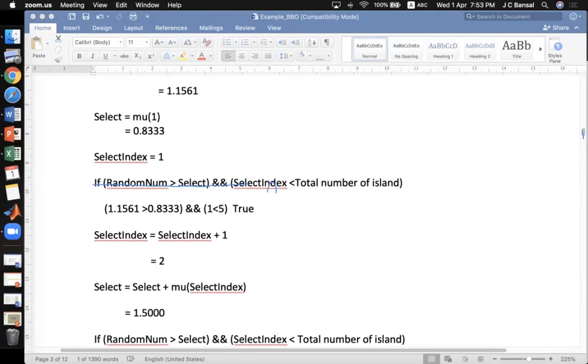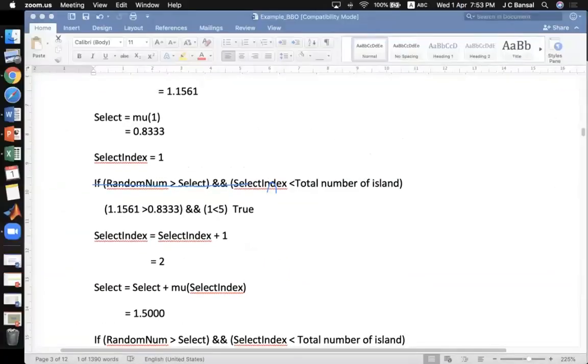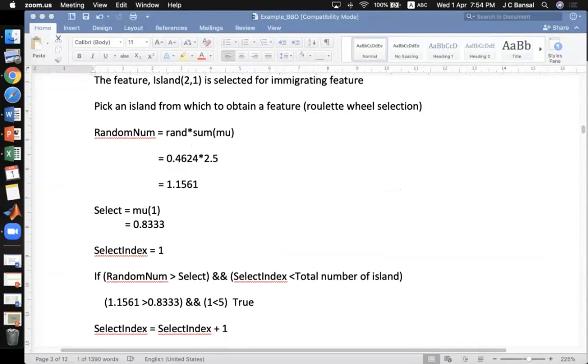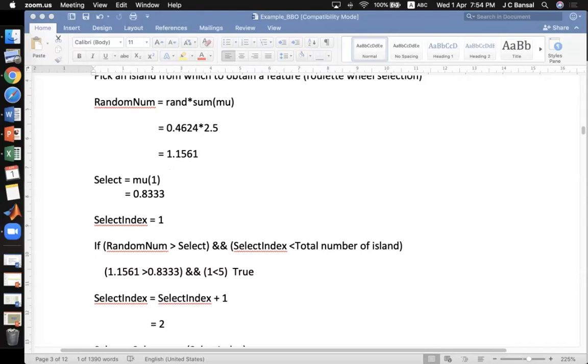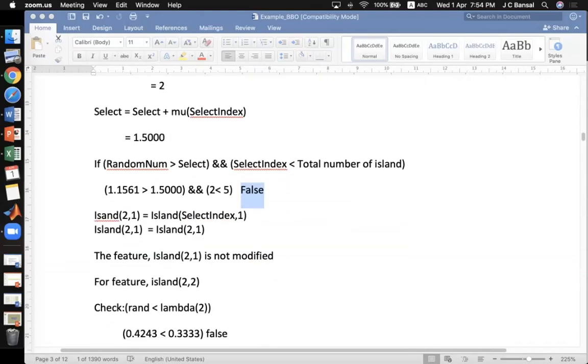This island 2 1 was selected for the immigration feature. So now you have identified which island's feature will come here. Whenever you find this condition is false, you will say that this feature will come here.